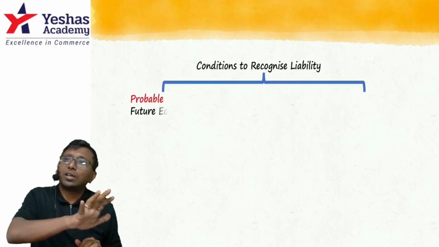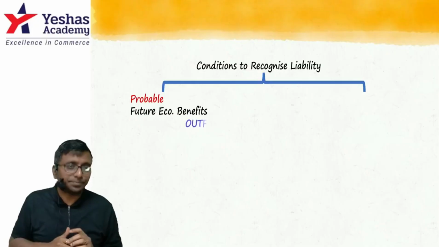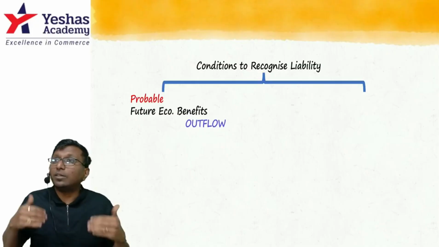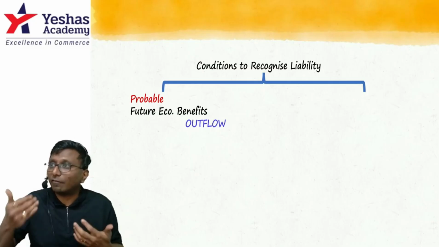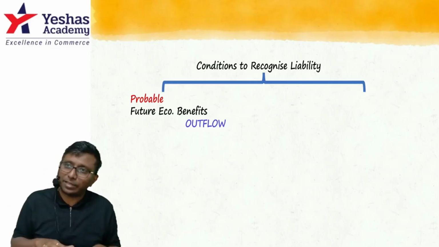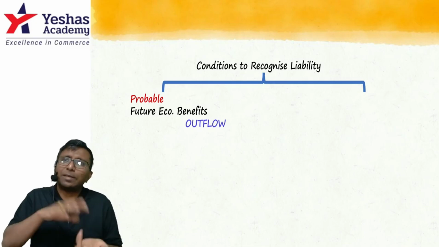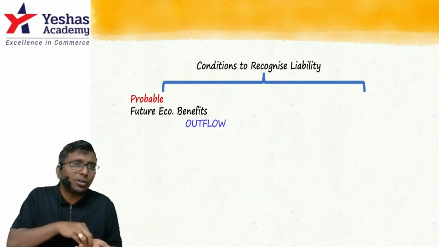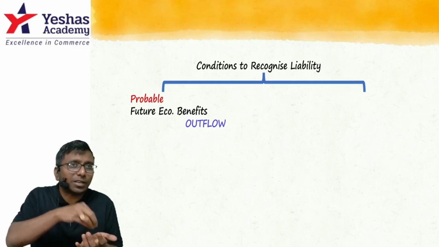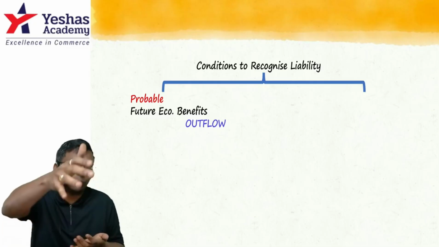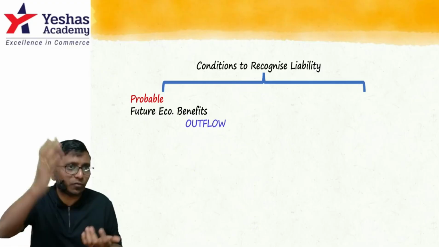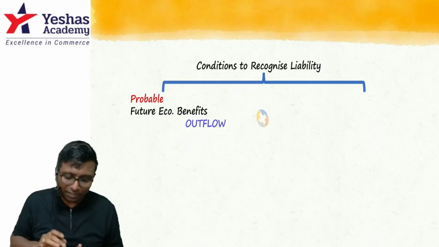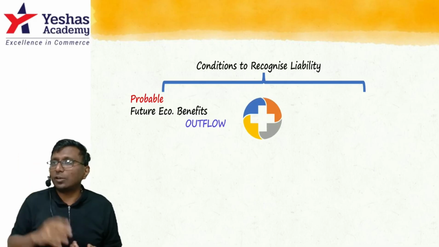Like how you have assets. What are the two conditions we discussed? Probable future economic benefits inflow. Next, cost or value can be measured reliably. Agree? Right. So same thing for liability. If it is a liability, what are you supposed to do? Probable future economic benefits outflow. If it is a liability, future economic benefits will be going out from the company. Yes, outflow. Plus, second one,